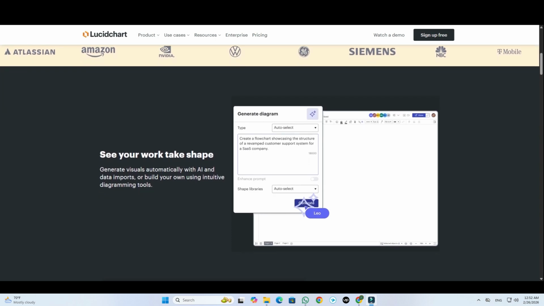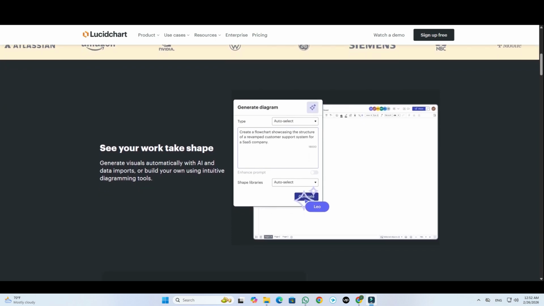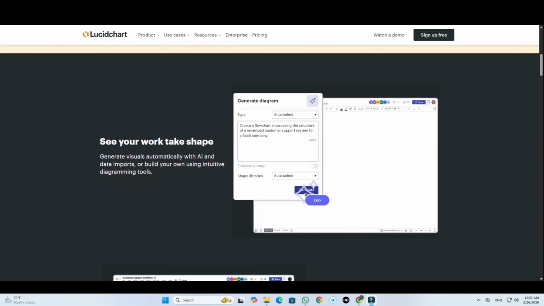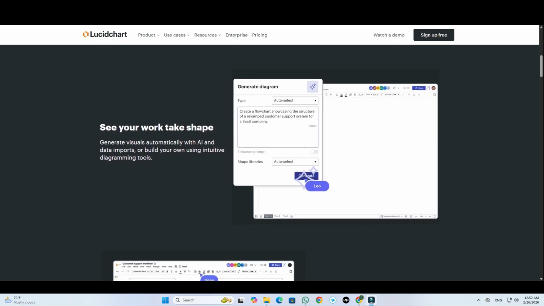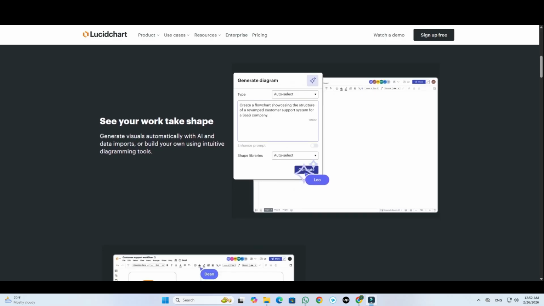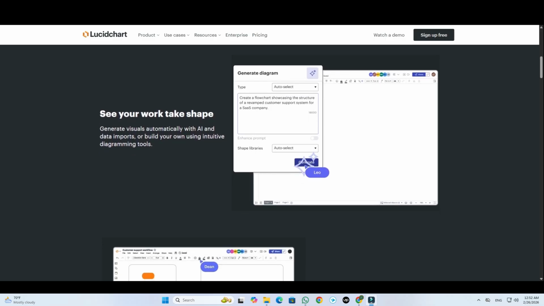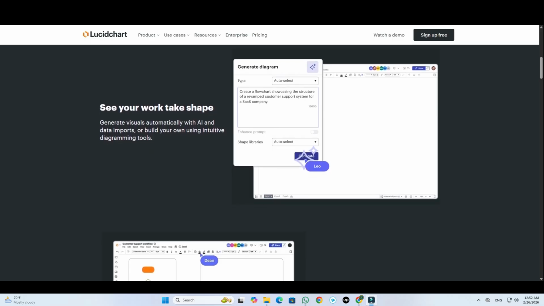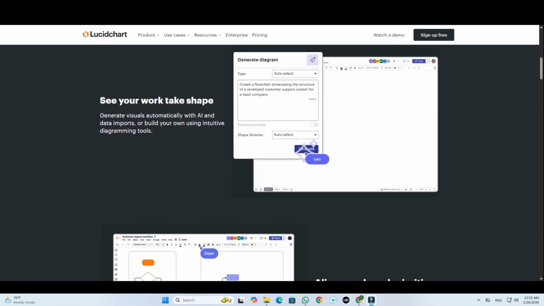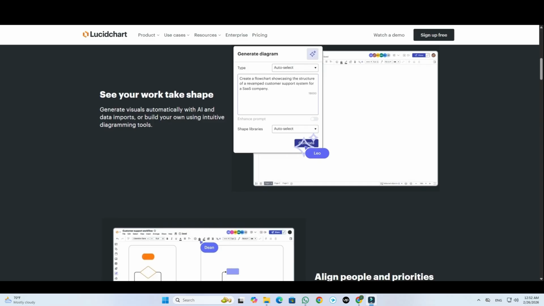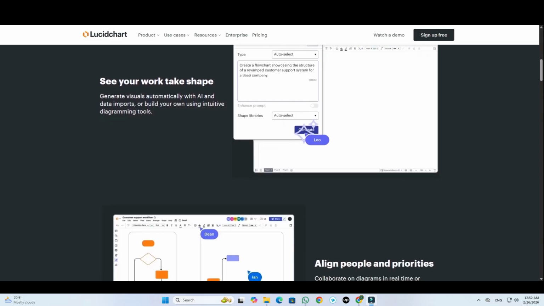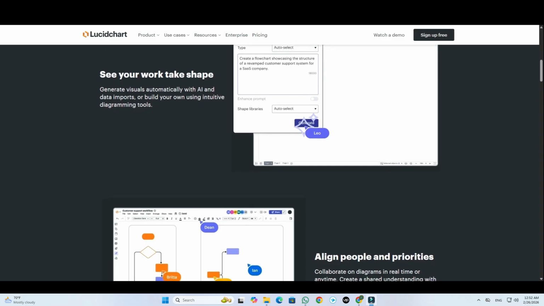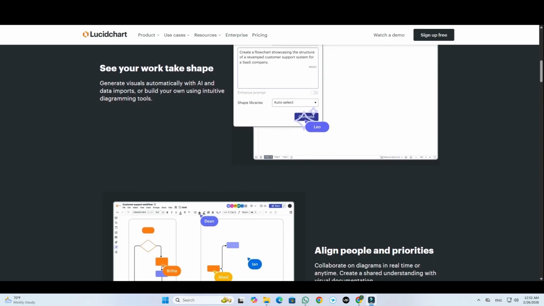What is Lucidspark? Lucidspark is a cloud-based virtual whiteboard tool developed by Lucid Software, the creators of Lucidchart. While Lucidchart focuses on diagrams and structured visuals, Lucidspark emphasizes freeform collaboration, linked sticky notes, brainstorming sessions, mind maps, and real-time teamwork. Key features include infinite canvas for limitless ideas, sticky notes, shapes, freehand drawing, real-time collaboration, and voting, templates